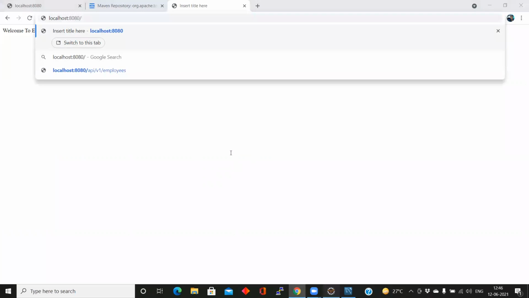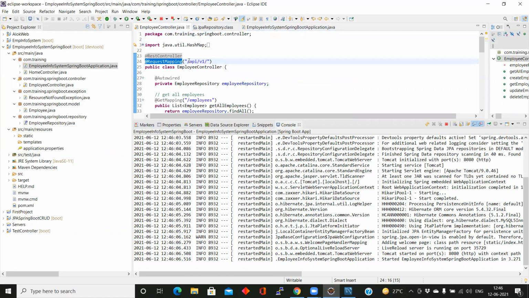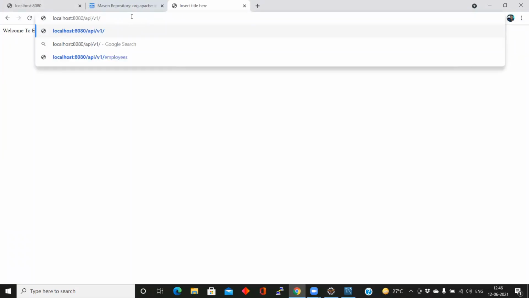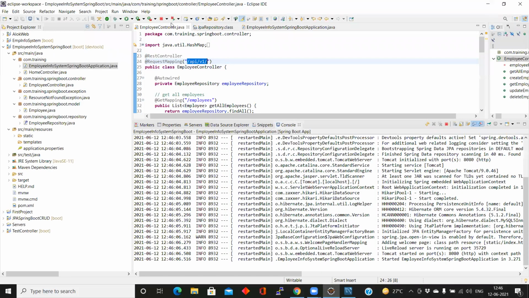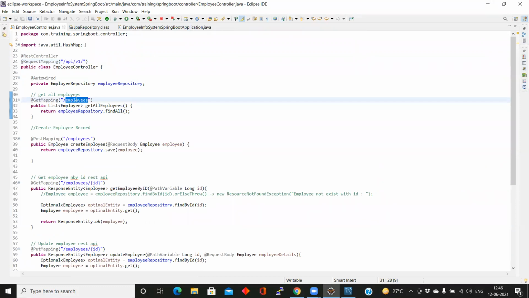Notice here we are giving the path: slash api slash v1. Then we are calling the get mapping, slash employees, right here.